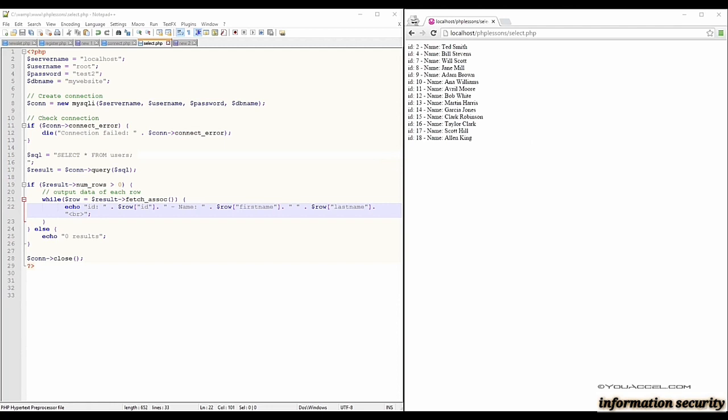We can change the order to descending by using the DESC abbreviation. So if you plug that in after users and press refresh, we're now sorting in descending order